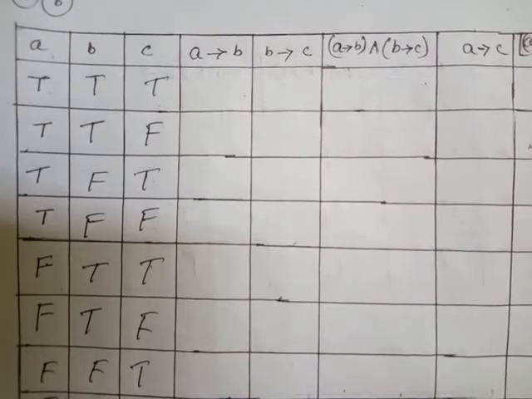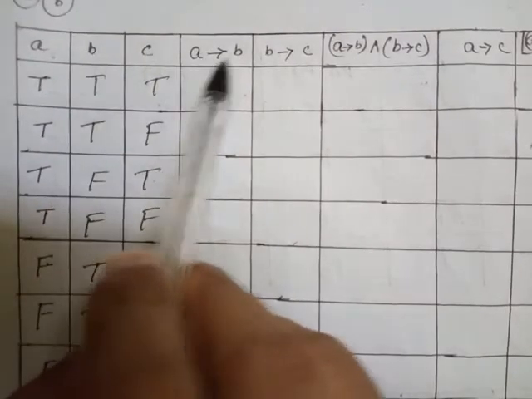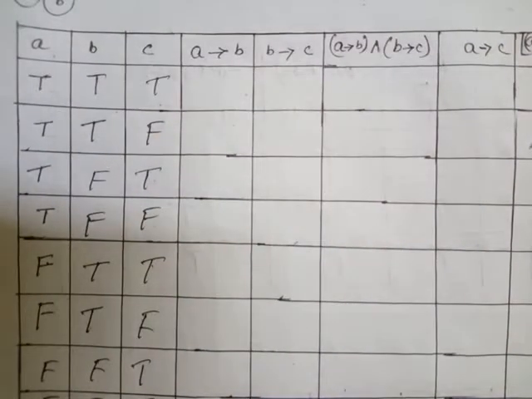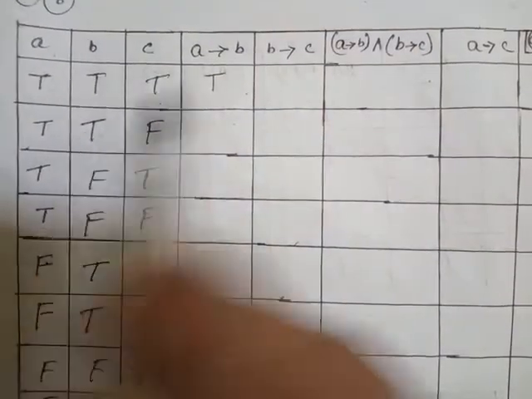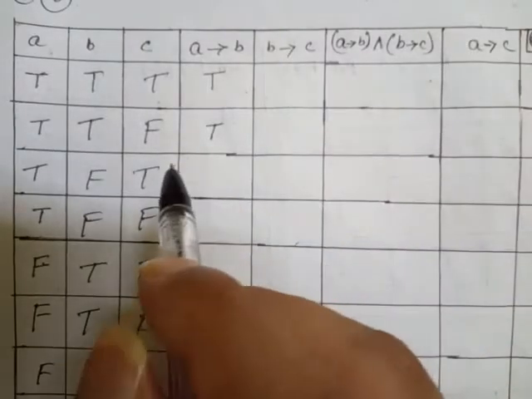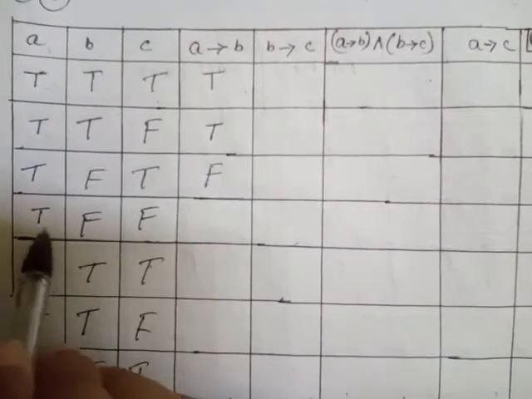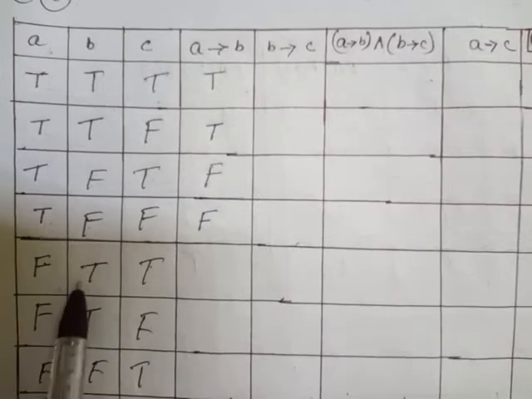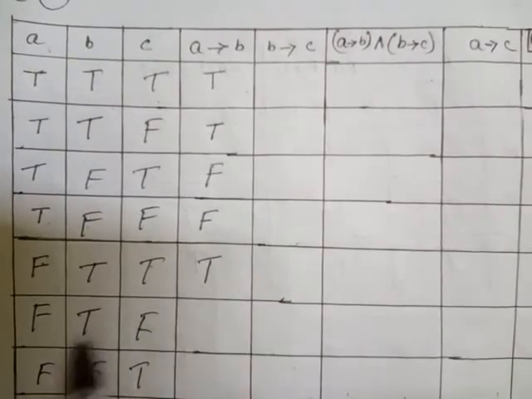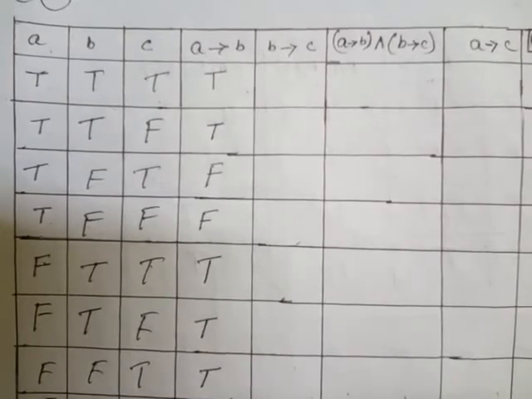Student, now look how to solve this A implication B here. With A and B, I will find out the implication with A and B only. Now look here, true true means true. Again true true means true. Then here is true false. If it is true false, then false. Again true false means false for implication. And next one is false true. False true means true. Implication false true, true. And false false, true in implication, false false true. So this A implication B is over.